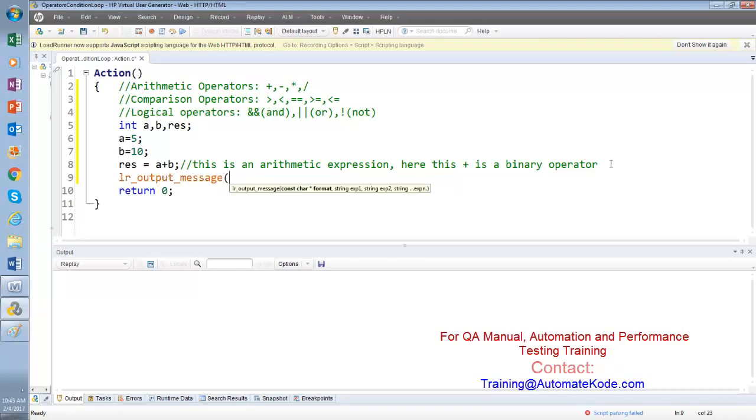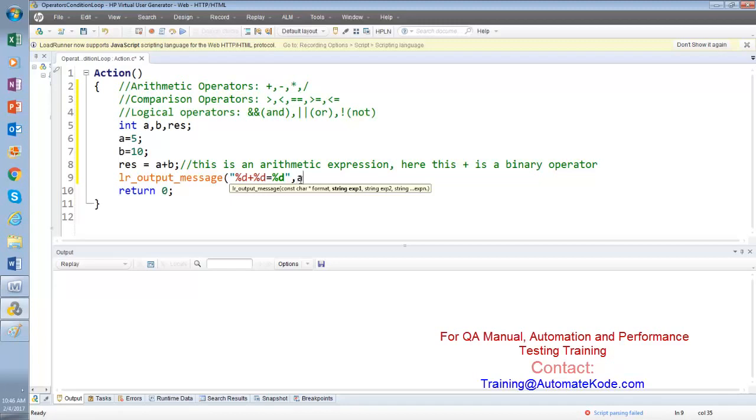I want to print 5 plus 10 equal to, in that way: percentage d plus percentage d, and then equal to percentage d, then close the double quotation.